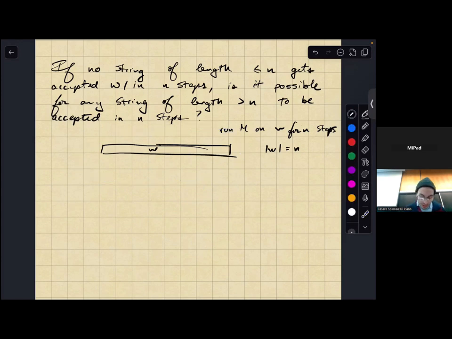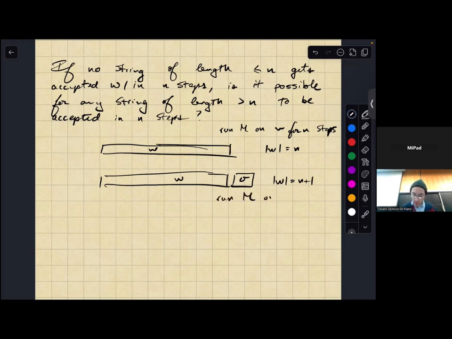And then I tell you, well, take the same string W and then stick sigma onto it. Just stick sigma onto it. So now it has length n plus 1. But run it for the same number of steps. This is the key thing. So if I run M on W for n steps, the same number of steps as before,